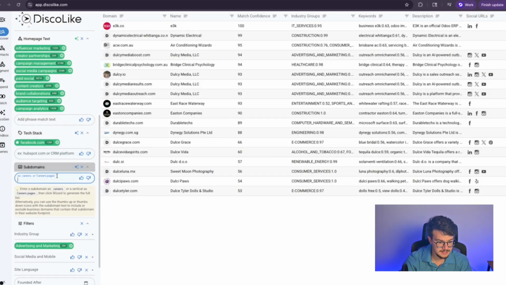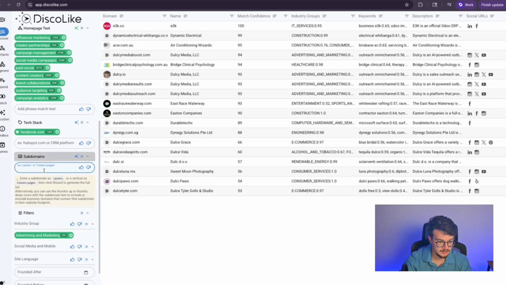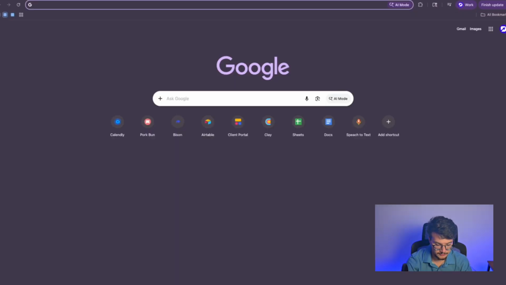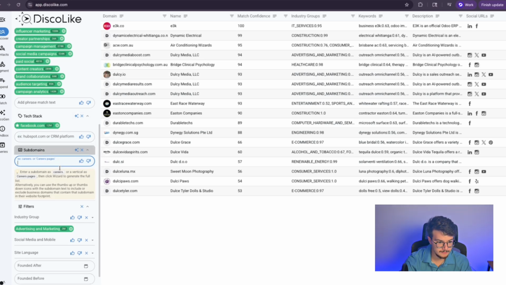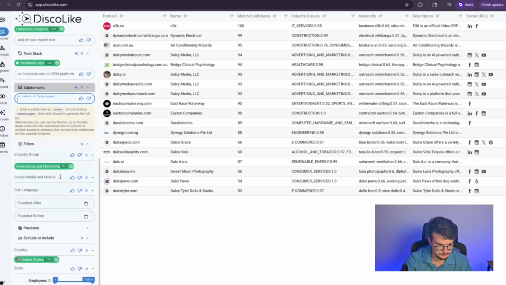Subdomains. Subdomains are very interesting. This is where you can really dive into ad funnels, career pages, or different digital footprint scores. So for example, a couple of us that we have like senddulce.io, right? That would be one for me. And if you want to get specifically our, right, subdomain, you can go through and filter by that.